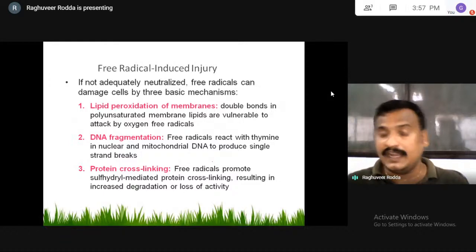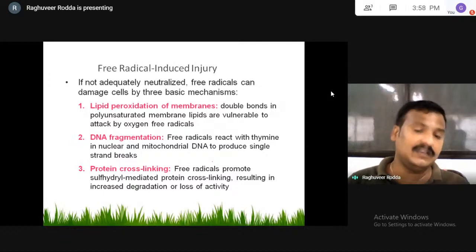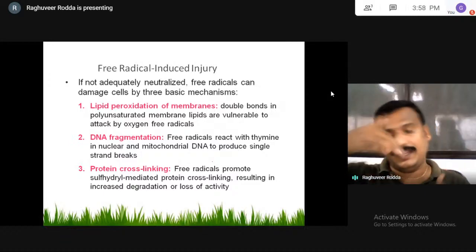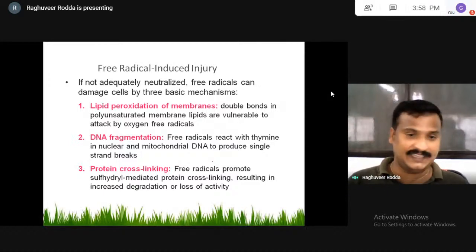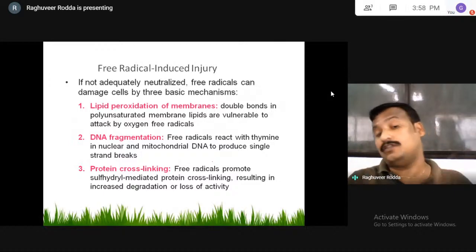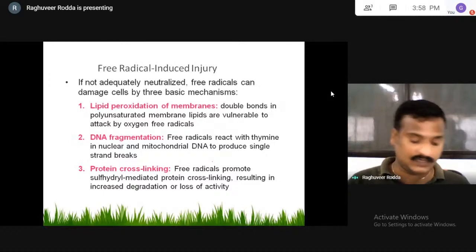So if the DNA is fragmented in an improper manner, by improper cleaving at different stages, the DNA loses its structure, and the fragments which are formed do not have proper structure and functional regulating activities. And protein cross-linking is the formation of a protein by the linkage of two or three together, which do not have any structural or functional role in the process.